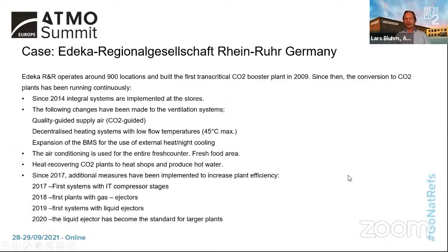Thank you very much. As I told you, EDEKA has many regions. We are talking here about a region of 900 stores. The first transcritical CO2 solution was built in 2009, so a couple of years ago now. You can wonder what was before. It was Cascade, and what was that before? It was for